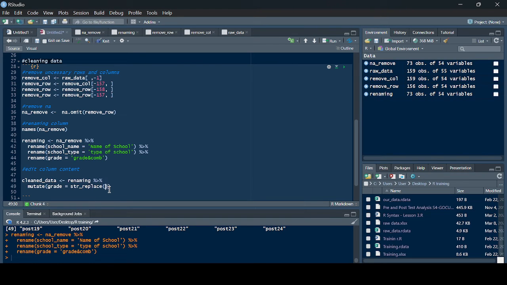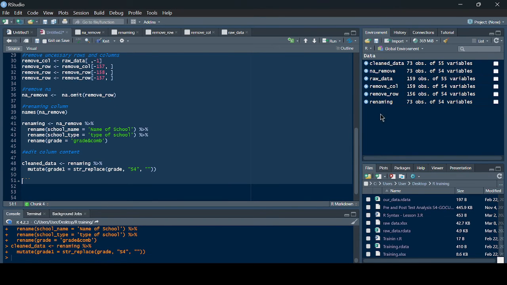Replace what? Replace something in a column called grade. Replace S4, replace by what? By empty. This quotation mark without anything means replace S4 in the grade column by nothing, or empty. It means you delete it. Then call that column again as grade. If you wanted to create a different column, you just need to change this name. Maybe you can call it grade 1. If you run this code,